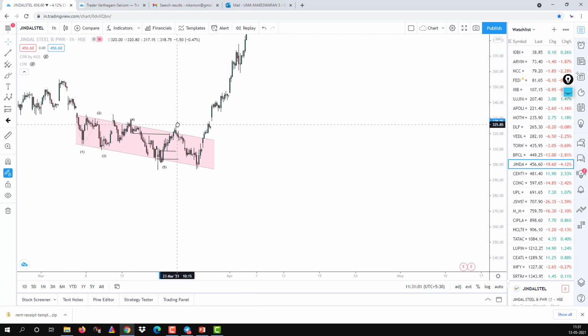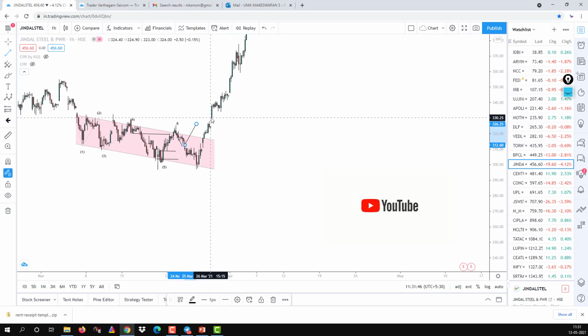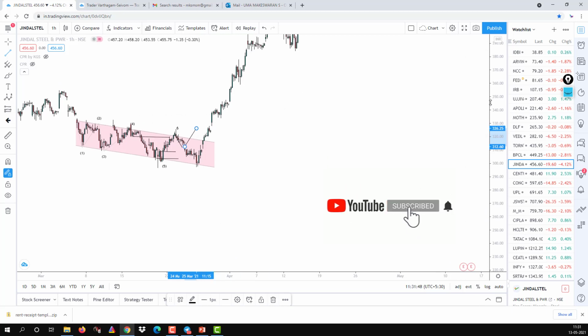So always we can take a trade inside the channel, whether it is a horizontal, ascending or descending channel. There is a possibility to take 2 trades inside the channel, and finally the price retested the channel again and broke out here, because in this area it is very difficult to find whether the price will go this side or that side. So it is better to avoid 2, 3 or more trades inside the channel. So finally it breaks out here.